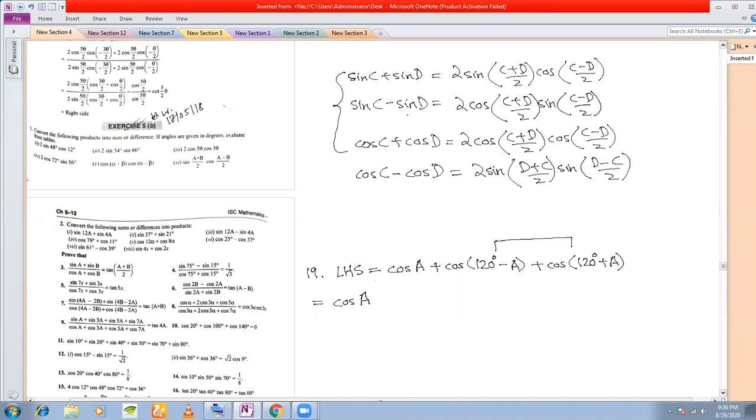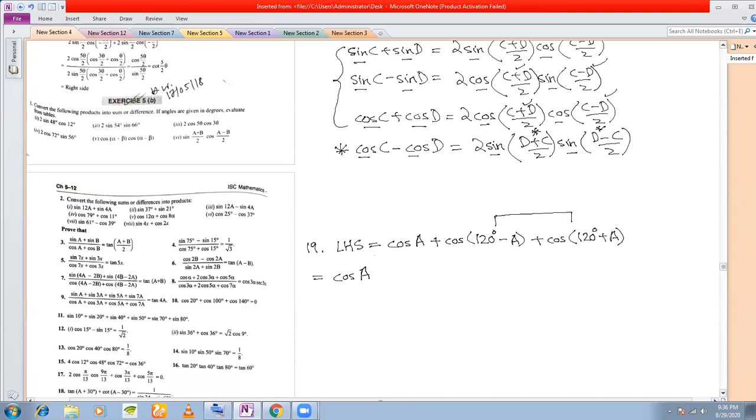So what you can remember here is sine plus sine is 2 sine cos, and C plus D by 2, C minus D by 2 will be there. Sine minus sine is 2 cos sine with a C plus D and a C minus D. Cos plus cos is 2 cos cos, C plus D, C minus D by 2. And this one is a little different, but you can remember that cos minus cos is 2 sine sine, and the angle within this, this time I'll write D first, D plus C and D minus C by 2. This way you can remember. Okay, so we'll use these formulas.